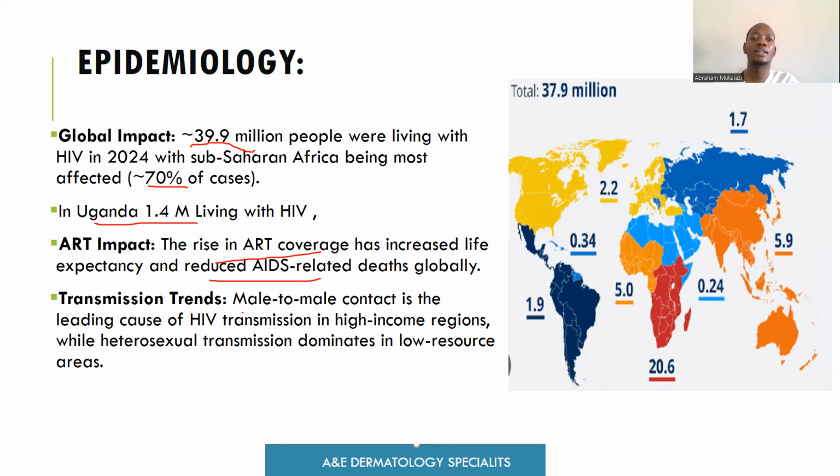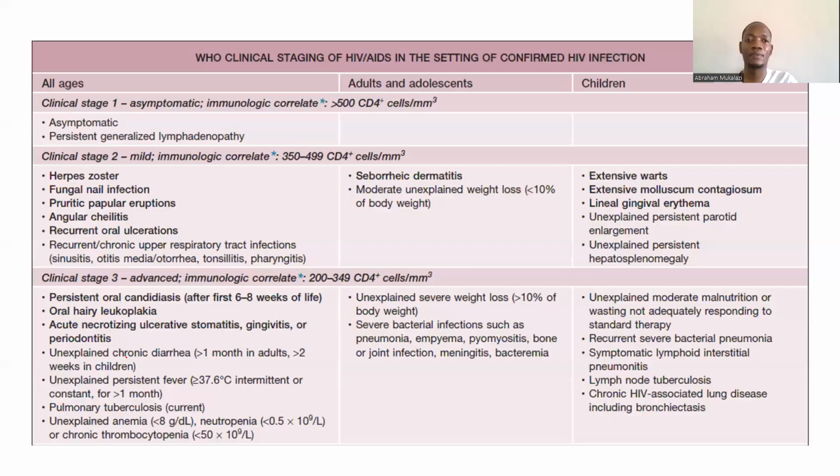Initially, it was sexual and vertical transmission, but now we also have a new trend of men having sex with men that has also led to an increase in HIV transmission. And this is usually common in people with high incomes, where these practices are more commonly done. So this diagram here tries to illustrate the different stages of HIV as given by the WHO and